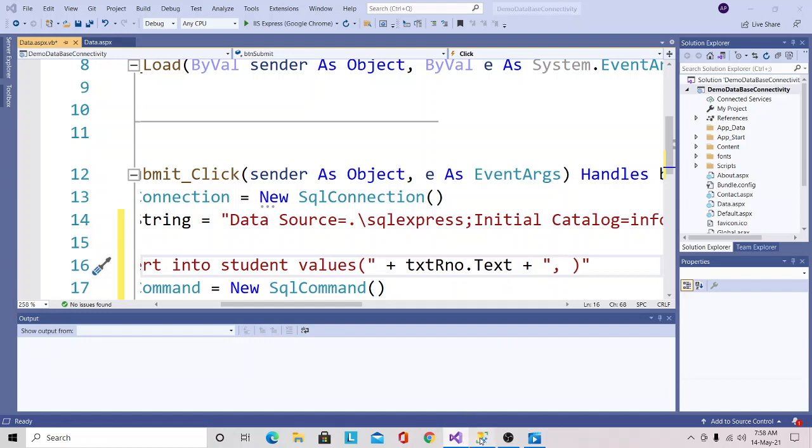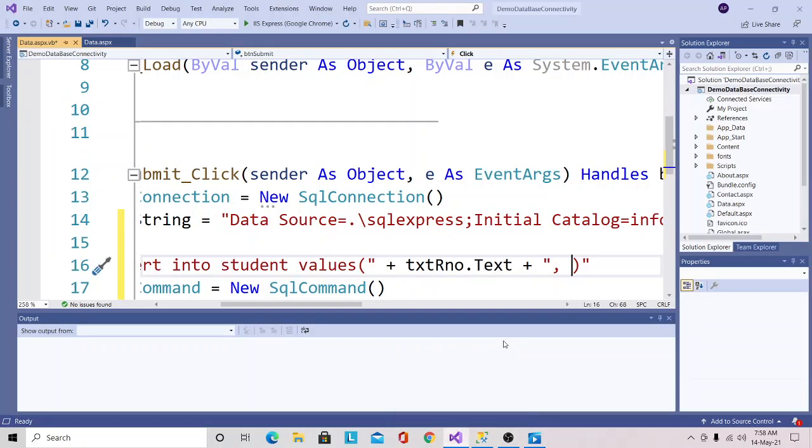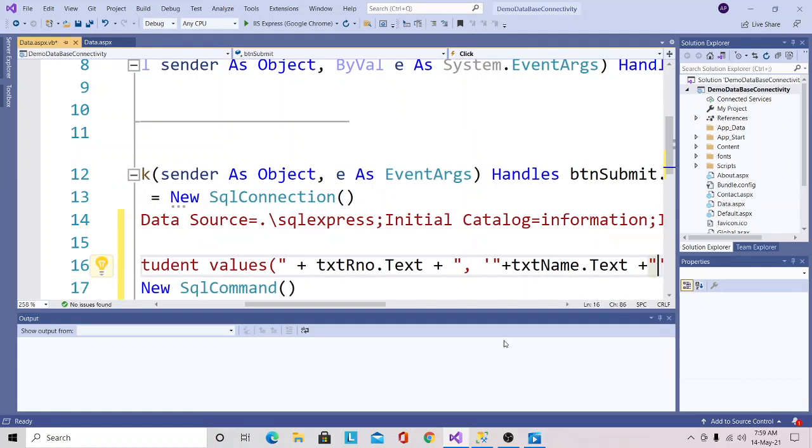If you see the data type of the name column, you can find the data type is varchar. So to store a string value present in the varchar data type, first you need to mention single quote, then within the single quote you need to mention double quote, then within the double quote you need to mention 2 plus, and within these 2 plus I will call the txtName ID of the textbox server control, and using the dot operator again I will select the Text property.